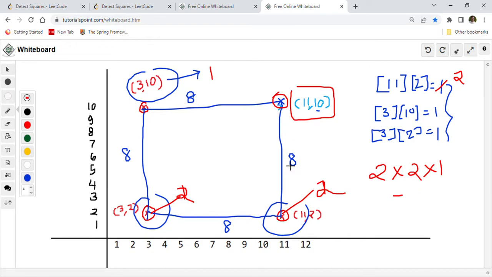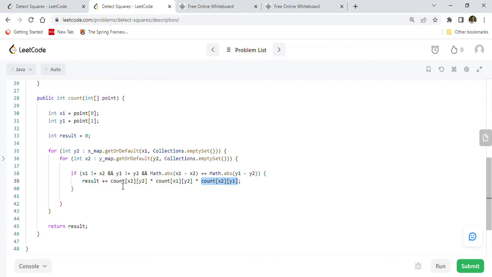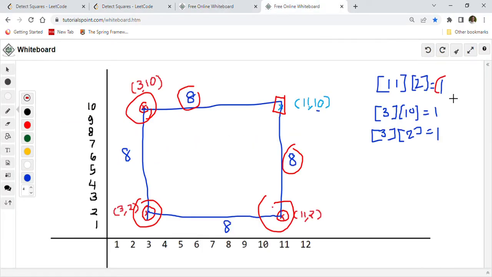I'll just remove this color, so I'll explain again. If we want to plot this point onto a graph and find out if a size 8 square is present, then we have to make sure how many times these 3 other points are appearing. That's what we are calculating here, the count, and multiplying it. In this case they are appearing only once right now, so you will multiply 1 by 1 by 1,